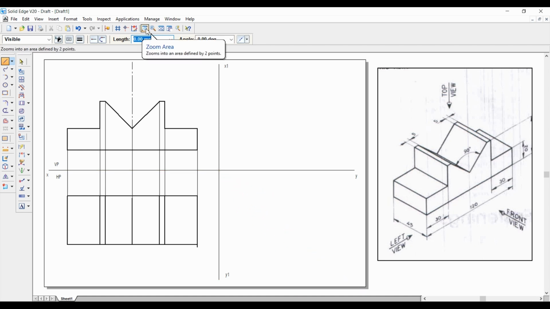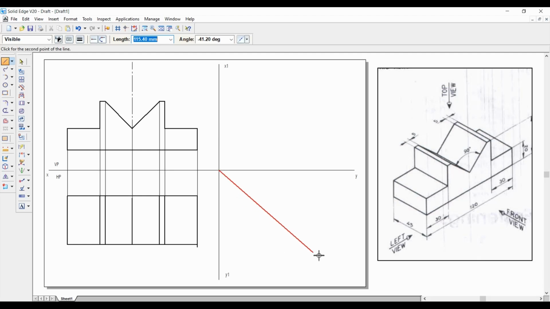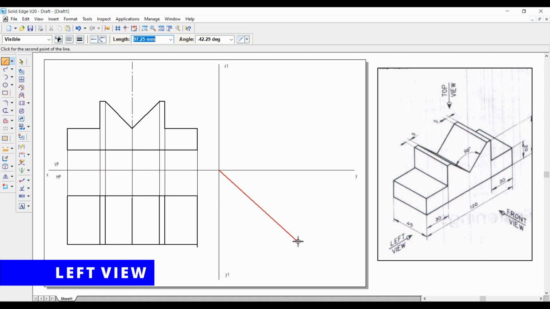If you don't get this, select the zoom length like this. Then we can get this intersection point very easily. See, we got the intersection point. Then select the fit option. Angle, as we can see, this is 90 degrees, 180 degrees, 270 degrees, and here 270 plus 45, so that will be equal to 315 degrees. Draw the line randomly like this.